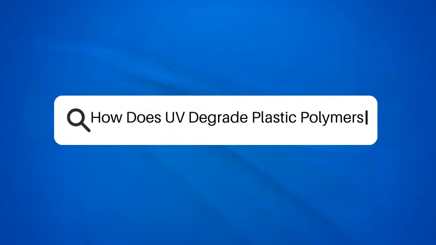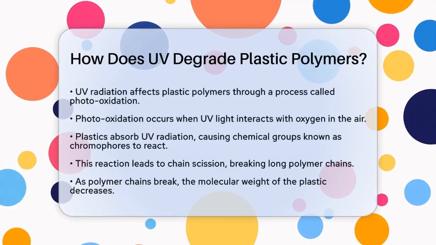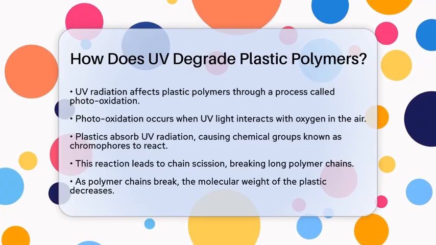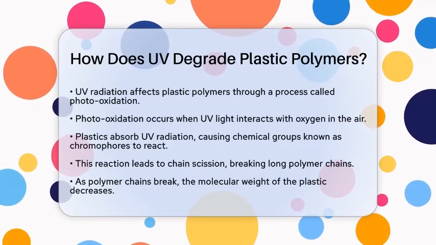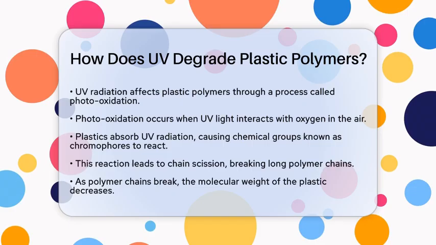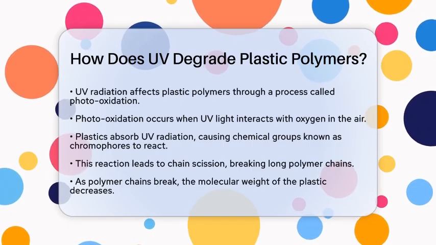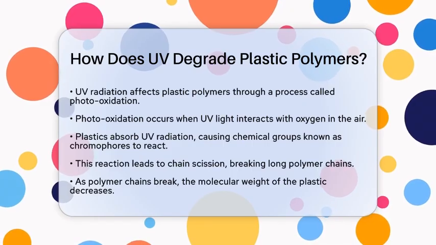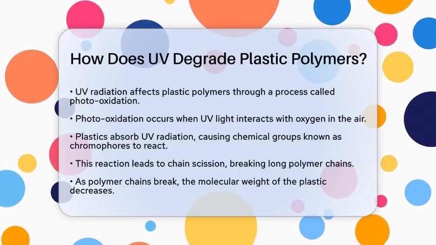How does UV degrade plastic polymers? Have you ever wondered why some plastic items fade or crack after being left in the sun? The answer lies in ultraviolet radiation and its effect on plastic polymers. Let's break it down. Ultraviolet radiation, commonly known as UV light, interacts with plastic polymers mainly through a process called